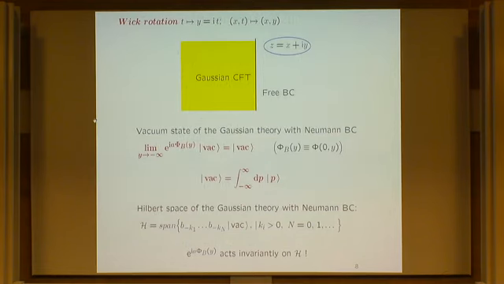Well, again, as I said, I will use the Euclidean picture. I make the Wick rotations here, and use the variables x and y. Here's my world sheet. And then the vacuum for the Neumann boundary condition can in principle be described by the direct integral with just a Riemann measure